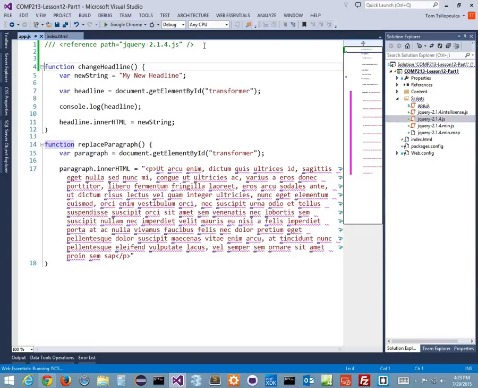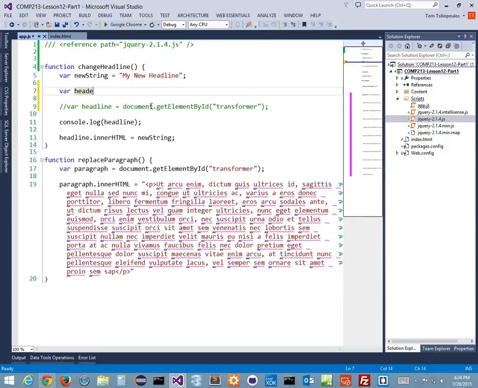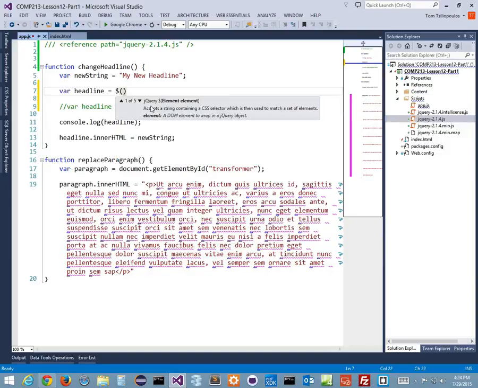Now, instead of using my getElementById, I don't have to do that. It's much simpler. It can look like this. I'm just going to put this down here for now and put it inside some comments. And I can do something like this: var headline equals, here's the jQuery, $,